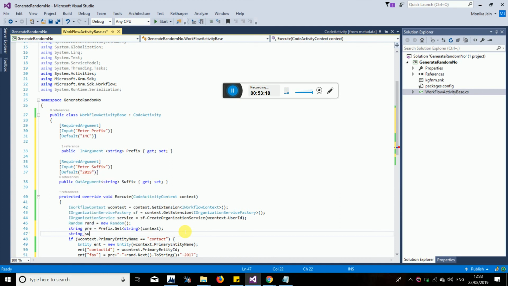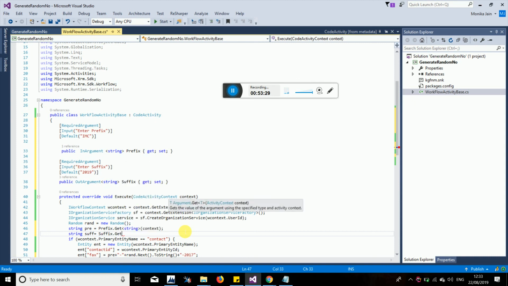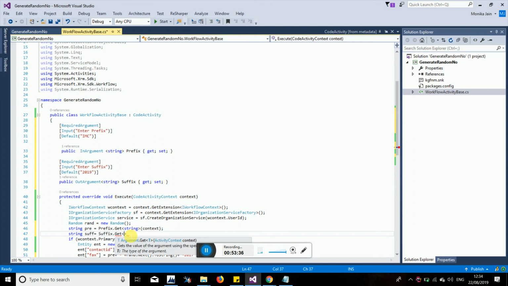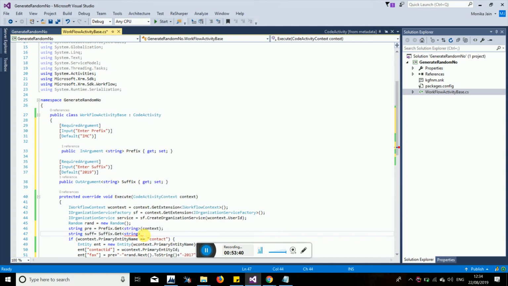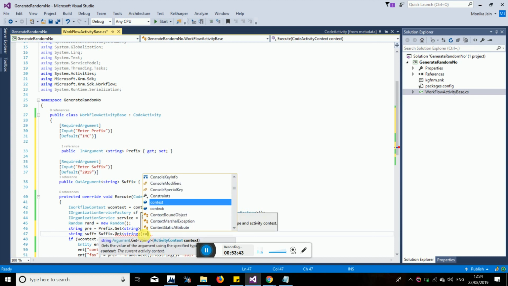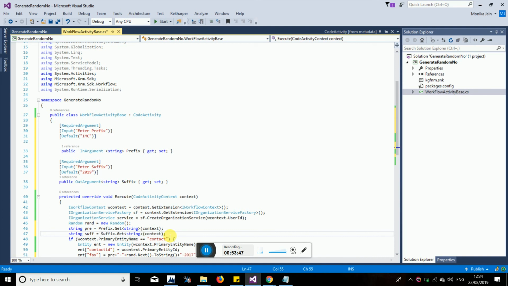String, okay, equals to, see, suffix, now we have suffix dot get and here we'll write string, and then current activity context we need to pass, so that is the context. Okay, and then these are the ways.